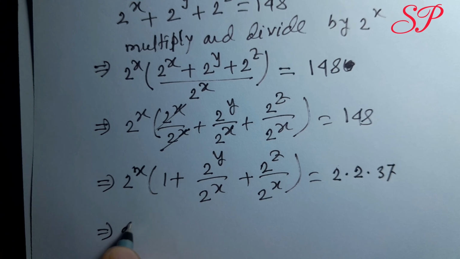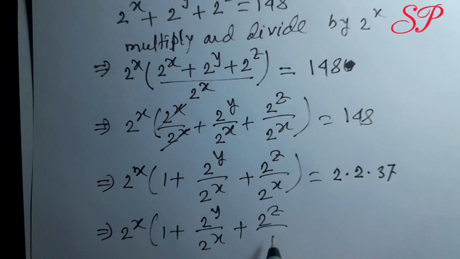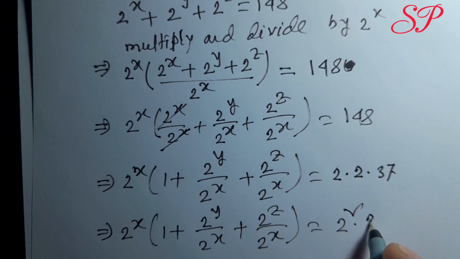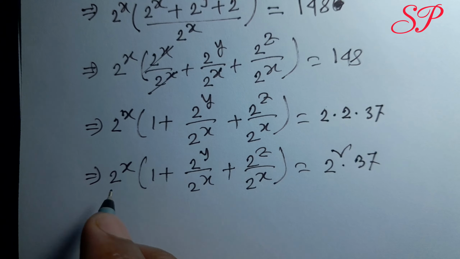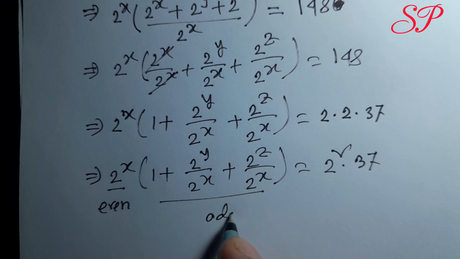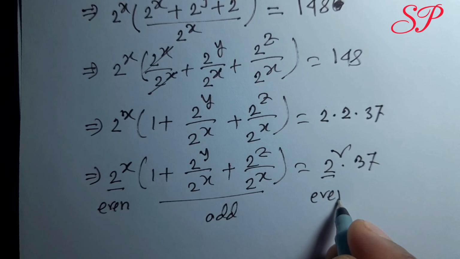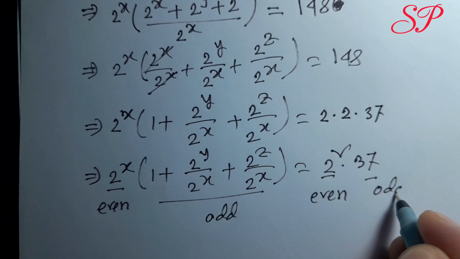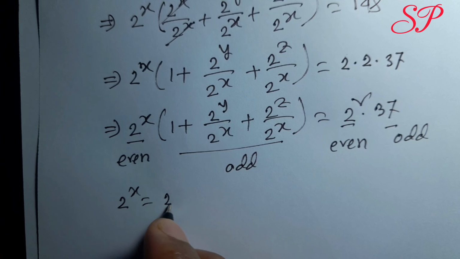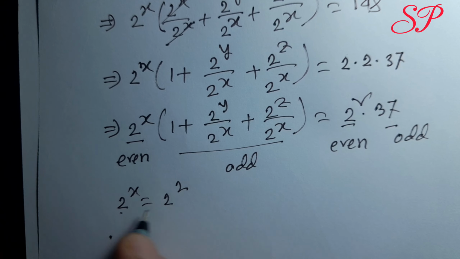We can write this as 2^x (1 + 2^y by 2^x + 2^z by 2^x) is equal to 2 square times 37. Here is even, here is odd, here is even, and is odd. Okay, so 2^x is equal to 2 square, base and power, so x is equal to